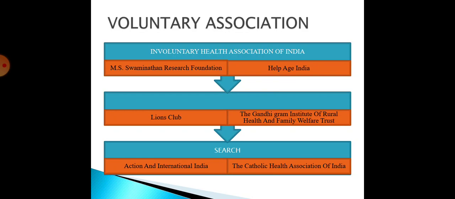or for democratic approaches. The first one is the Voluntary Health Association of India. The Voluntary Health Association of India is promoting the health of the society in a voluntary manner. There is no initiative of showing power over other people or showing attitude. It's the Voluntary Health Association of India.